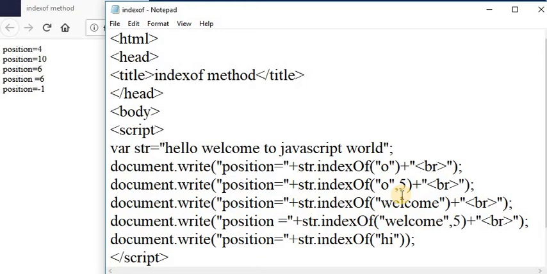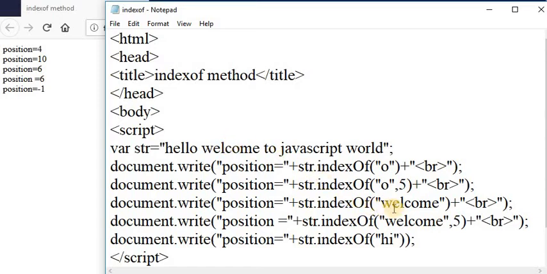From the fifth position it starts searching for the O character, so it returns 10, because after the fifth position, counting 6, 7, 8, 9, 10, it returns 10 on the web page.